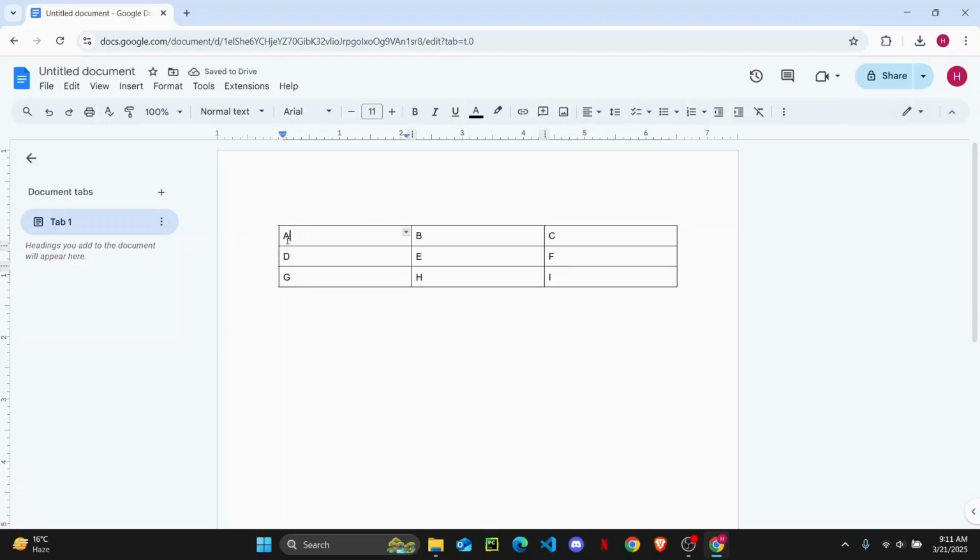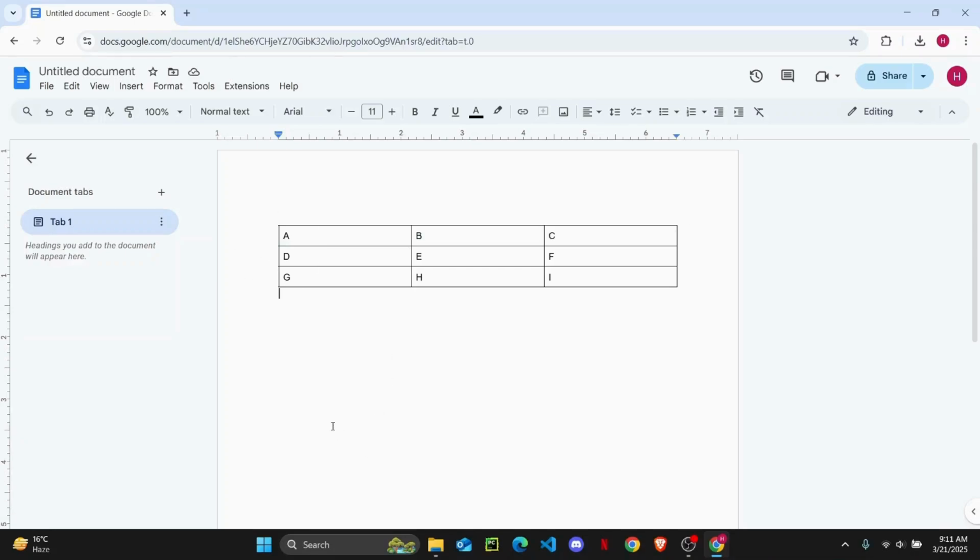So on Google Docs, what you can only do to the tables is sort the table in ascending or descending order. You can add rows and columns, but there is no active way to rotate the table. So you can move the row up and down like so, but there is no option to rotate it. So in that case, what you're going to have to do is create a snip